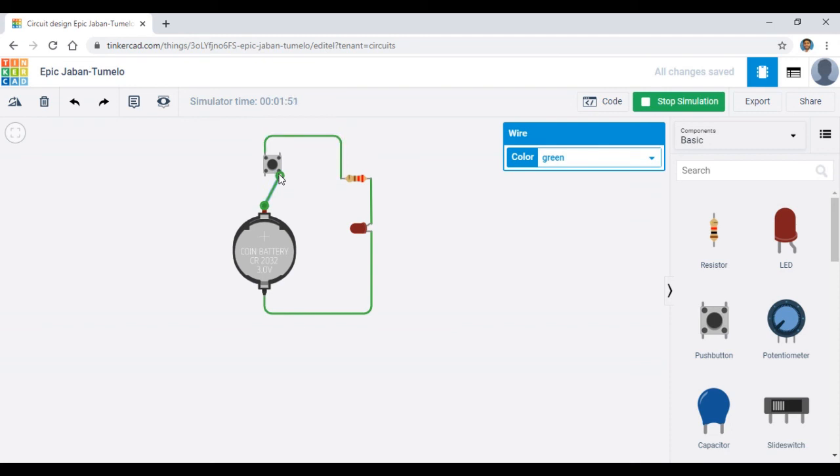I am just clicking on this. I am going to rearrange this. Sorry, what happened to this? I am going to rearrange the connection. Sorry, because the simulation is already running, that's why it is not working. So I am going to stop the simulation. After stopping the simulation, now it works. It's working perfectly.